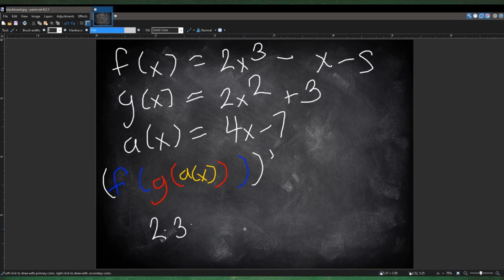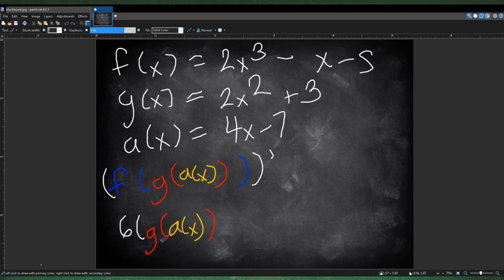So we have the derivative of f of x, which is 6x squared minus 1. So I'm going to leave the x squared blank, because we need the g times a of x squared. So we're going to have to leave that inside. So we have g of a of x, and then